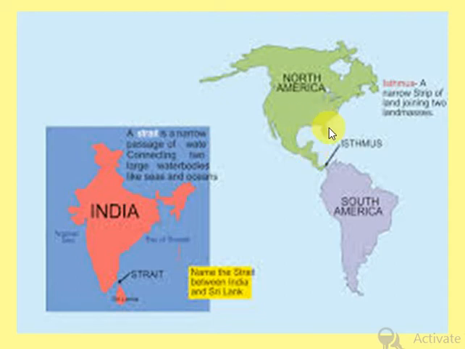So if you remember, an isthmus is a narrow strip of land joining two land masses. Joining two land masses is known as an isthmus. Here is the Isthmus of Panama. And if you look at this picture over here,